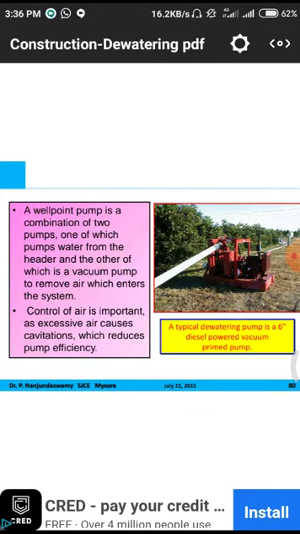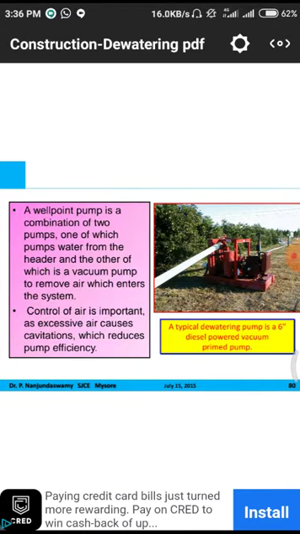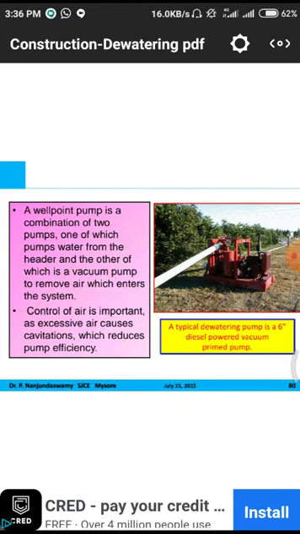Next one, control of air is important. That means control of air means while we are removing the water, automatically the water place will have to